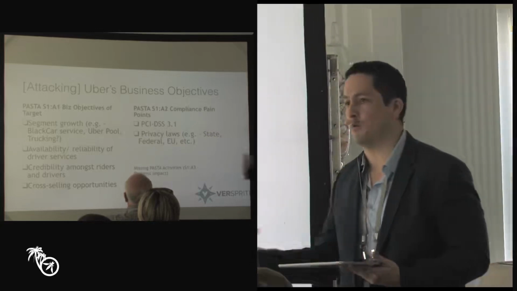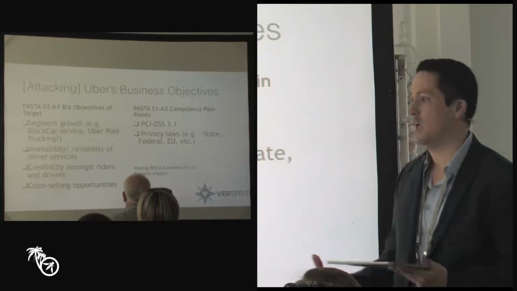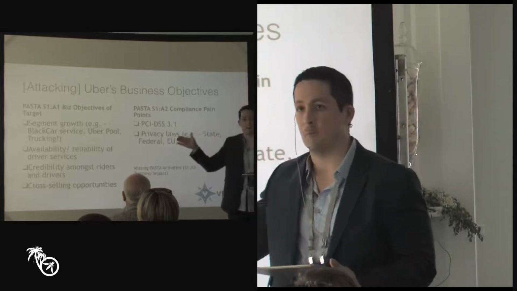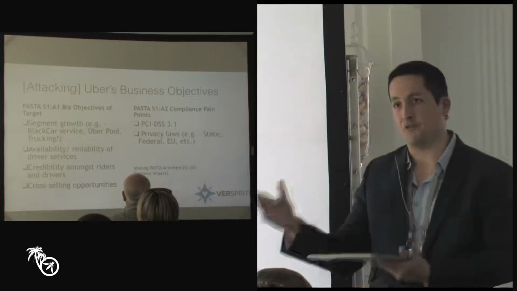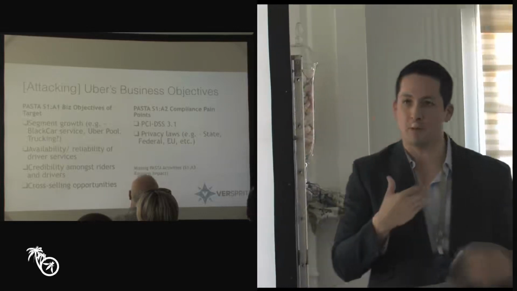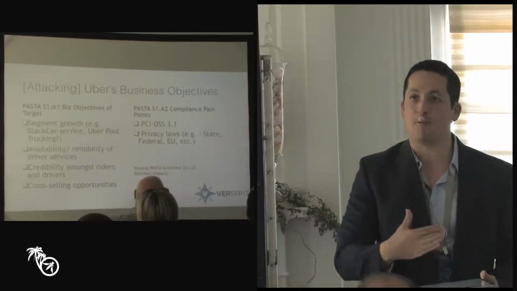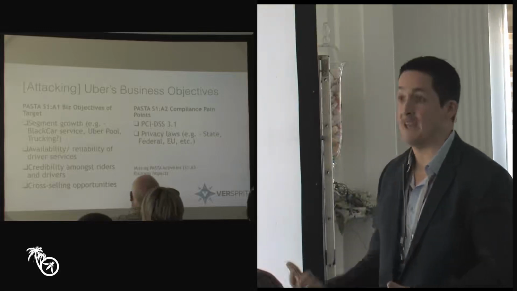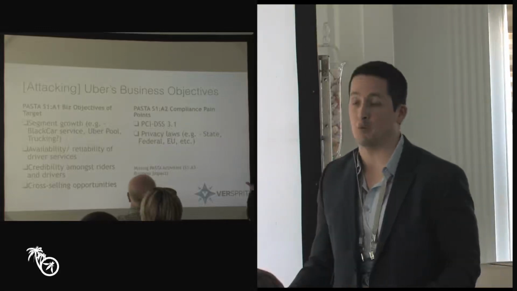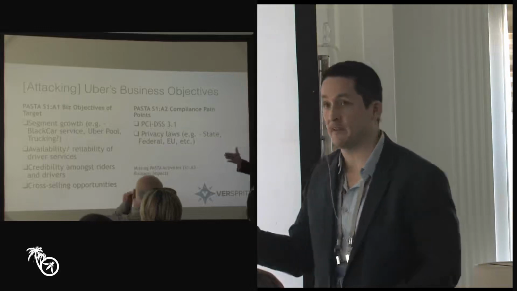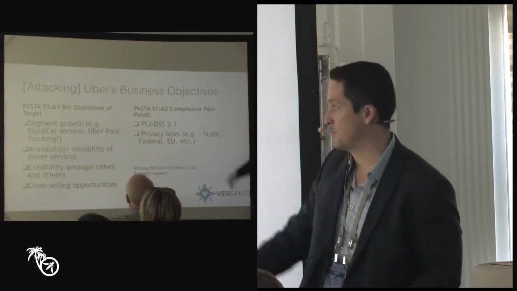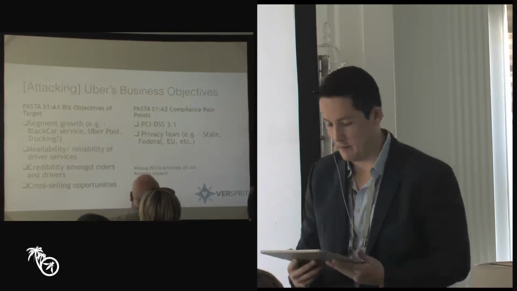So why are we talking about this in an attack-centric talk? It's because as criminals, we want to understand what causes them pain. So you take the inverse of the objective in order to take an adverse strategy and say, this is where I want to focus. And on the flip side, if you do work at Uber and you want a risk-centric approach, then you align the technology and components that support those objectives, presuming that those are correct.